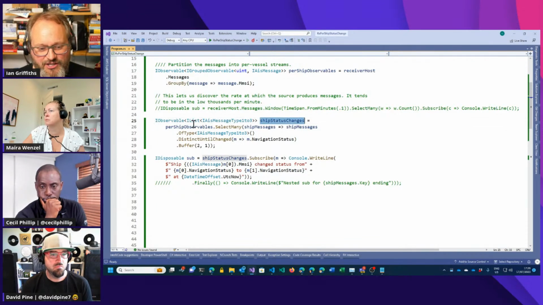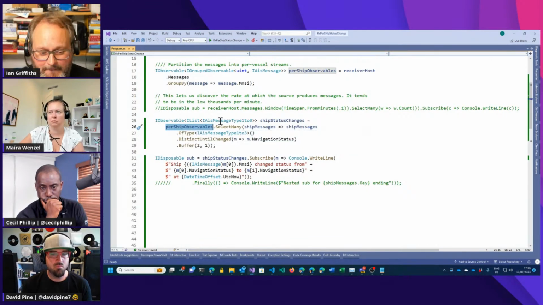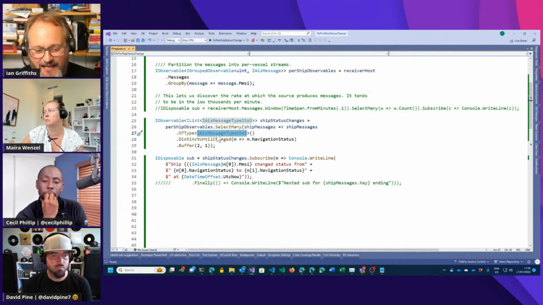So this per ship observables says I am going to emit one nested observable stream for each individual ship that I see. And then within that, we're going to say, okay, here is a stream of messages for one ship alone. I would like to just look at this kind of message. So give me the messages of this type. And then